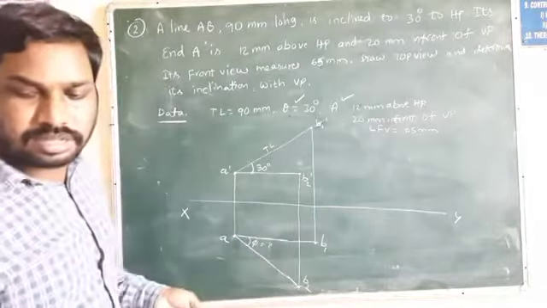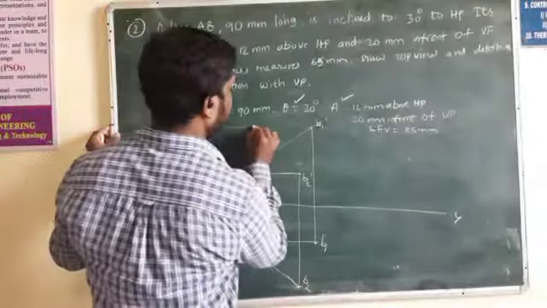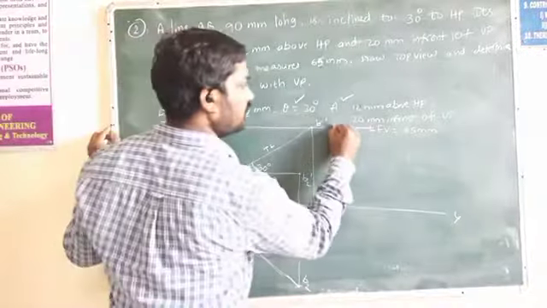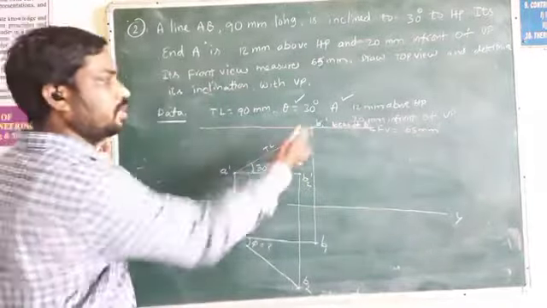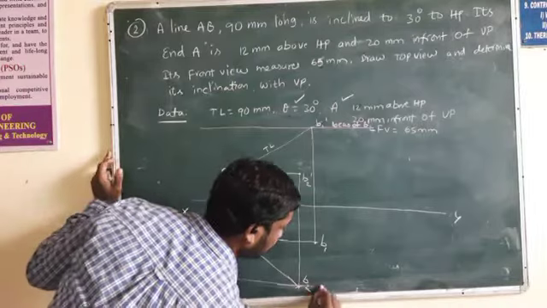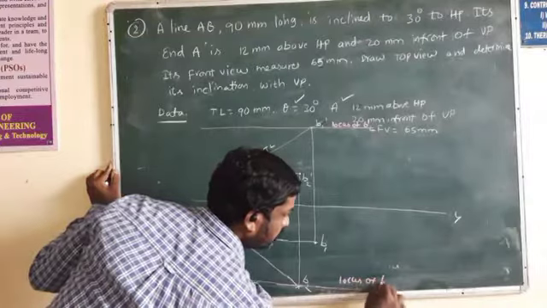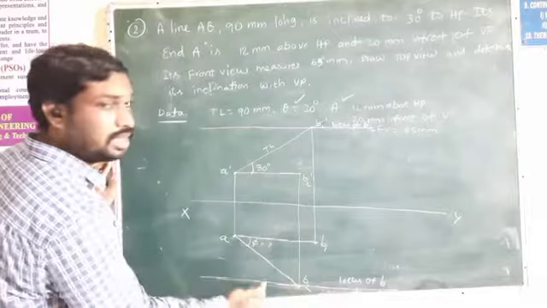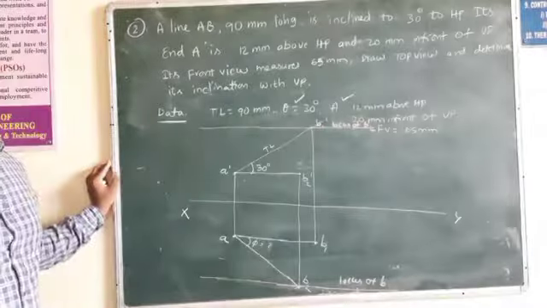Draw the locus of B dash through the ending point. This is the locus of B dash. Okay, this is the ending point. Here also the ending point. Here also draw the locus of B, which is parallel to the xy line. So this is the locus of B. The line should be passing through the ending point, parallel to the xy line. Here also the line passes through the ending point and is parallel to the xy line.